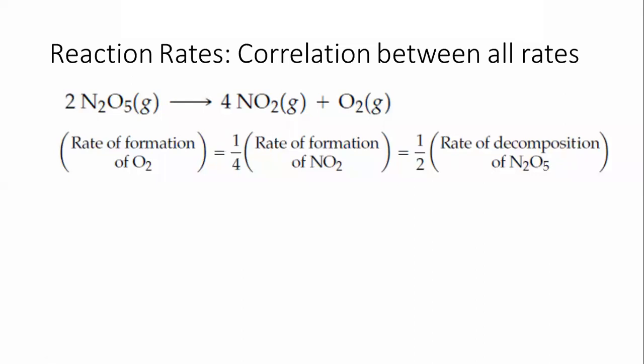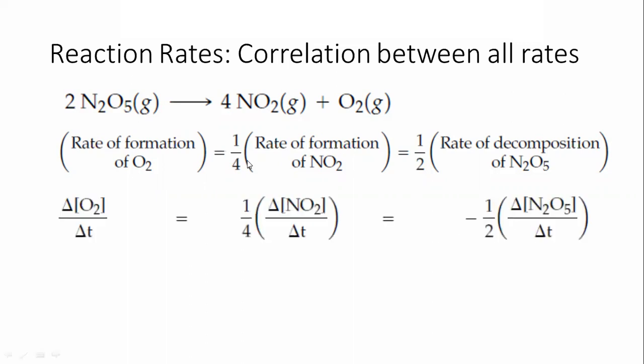And the second is, if the rate of one of the reactants is given, you can automatically calculate the rate of the reaction, the rate of formation or decomposition of any of the reactants and the products. And this is very, very important, because if you have only one value, now you can decide what would be the rate of any of the reactants and the products in the chemical reaction.